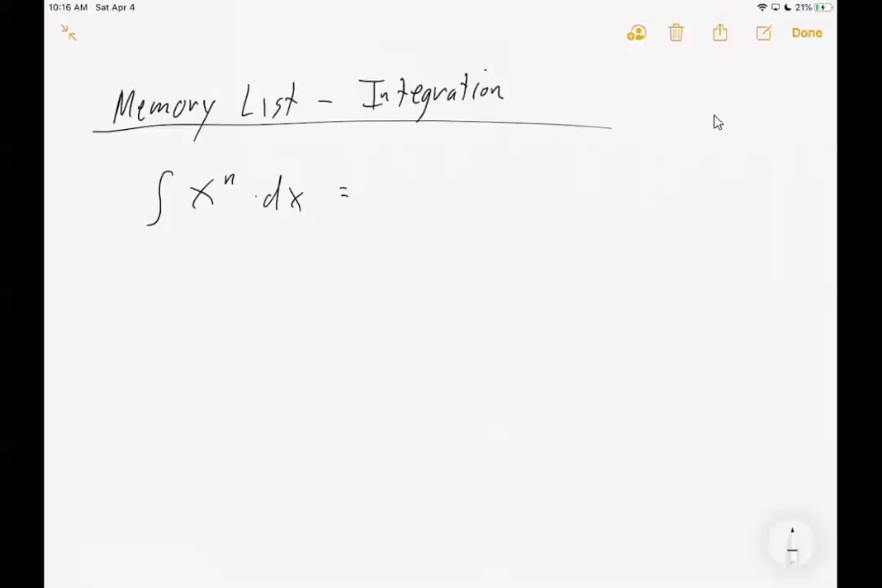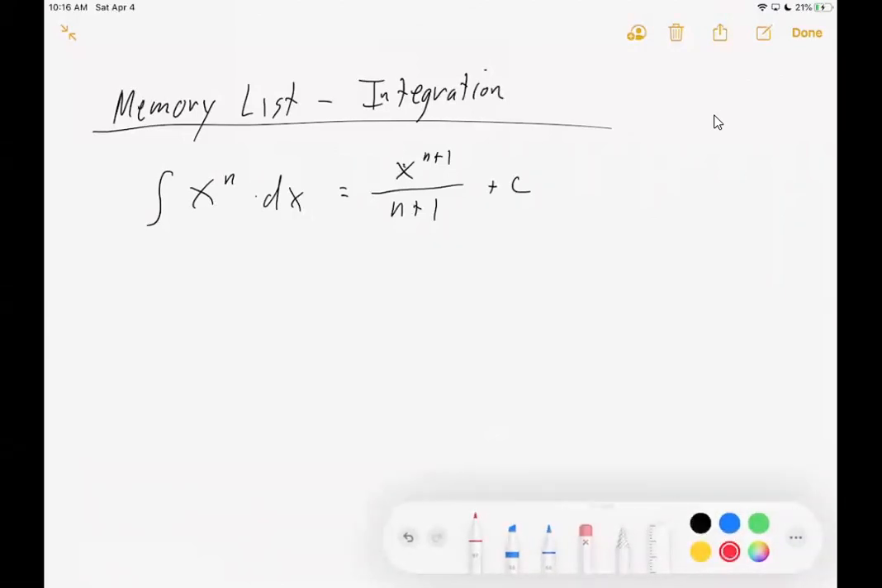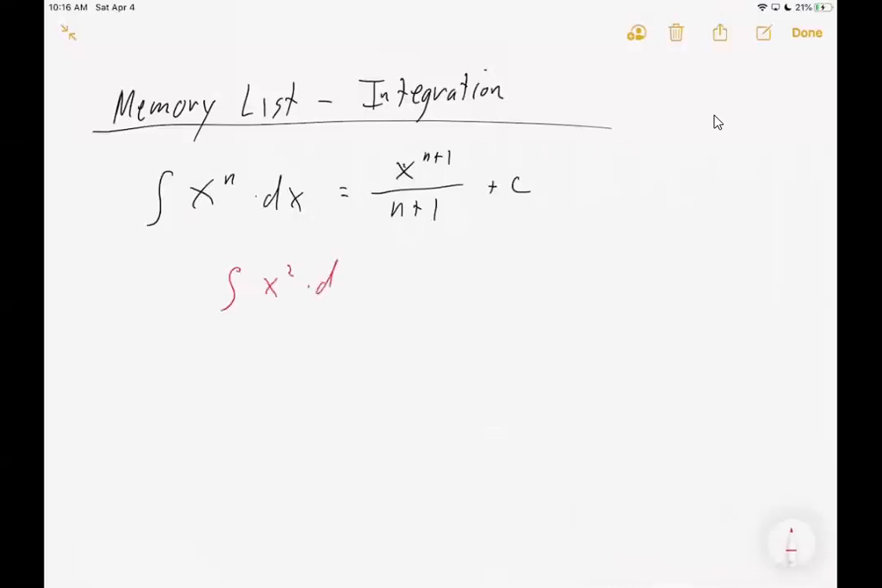This one should be x to the n plus 1 over n plus 1, and we should always remember to tack on our plus c. If it's an indefinite integral, any constant could be added on because when we take the derivative, the constant goes away. So let's do a couple specific examples of that. Let's do the integration of, so try to work through these examples. Let's do,